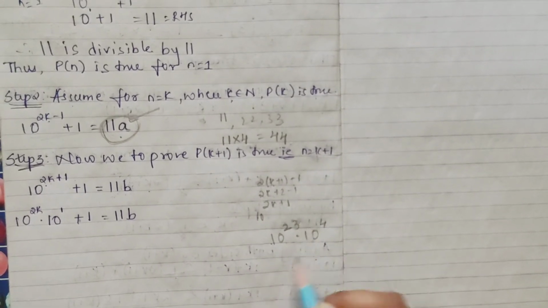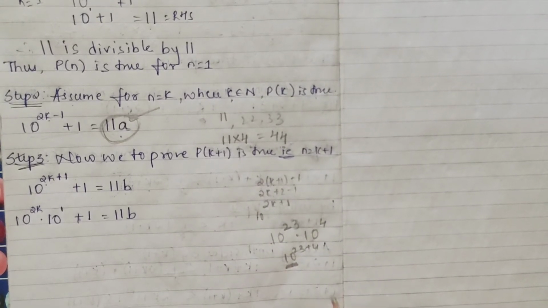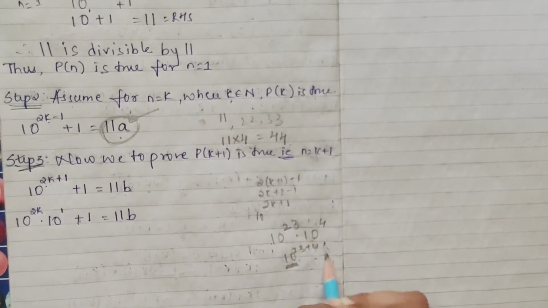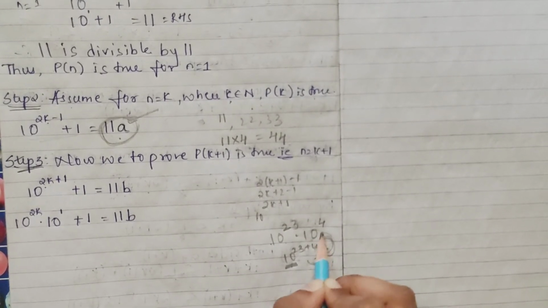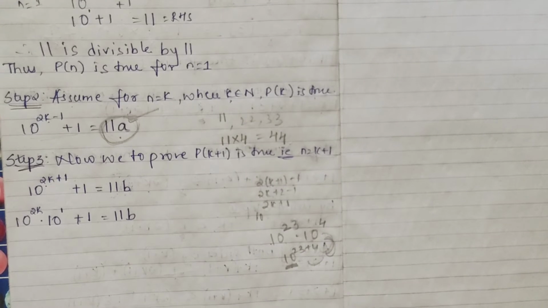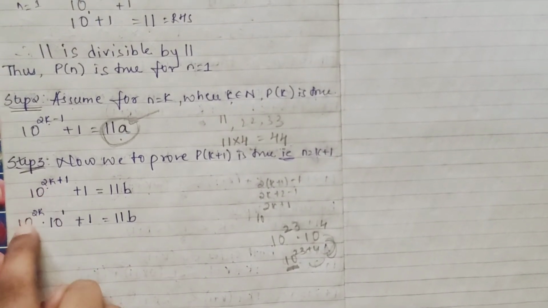If you directly have powers like this, which means the base is the same, you can split it either like this or this. When you want to get this, you can get that also. So here, if the powers are added, which means obviously the base is the same, so I am splitting it.